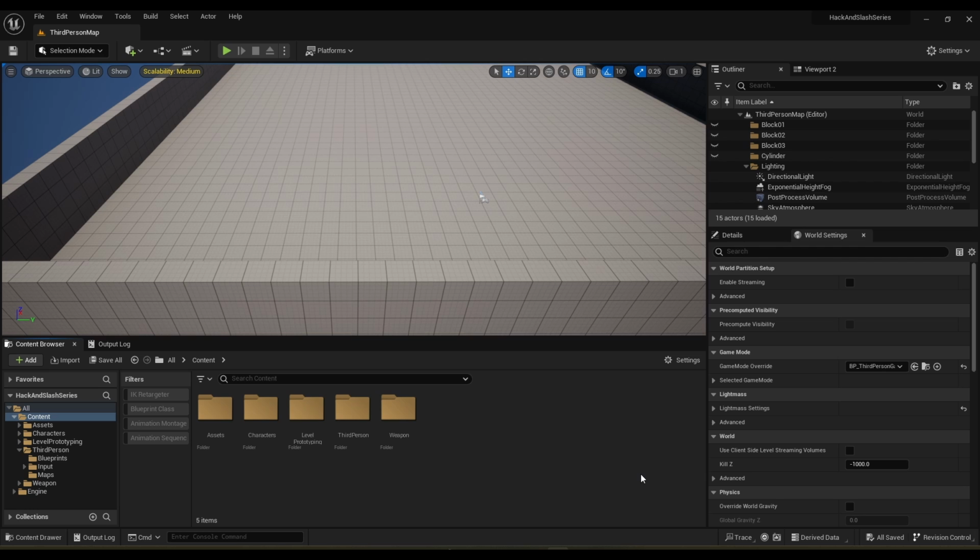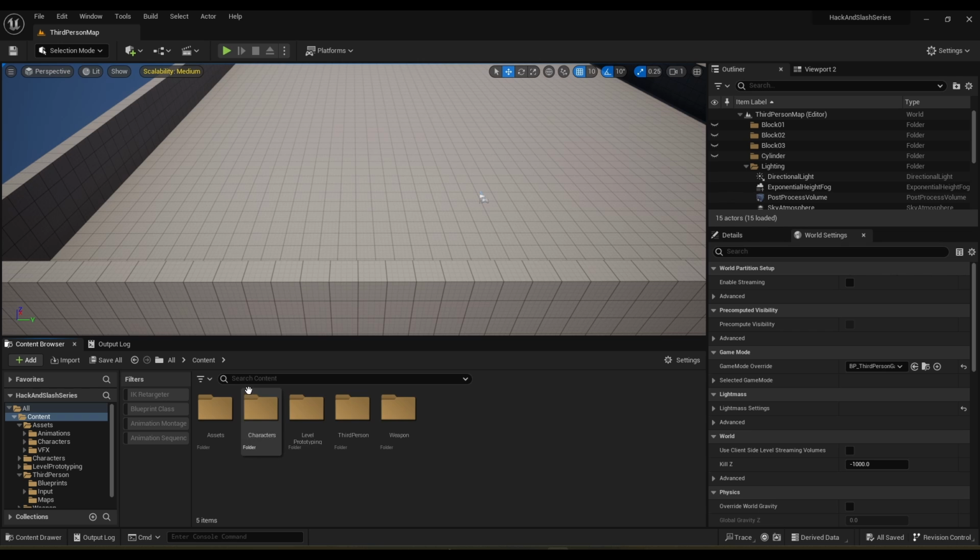So I have a third-person project opened up here running on Unreal Engine 5.2. I went ahead and uploaded all of the assets that we'll be using throughout this series. We may use all, if not most, of the animations, but regardless, if you have your own animations, please feel free to use them. Paid or not, this entire system will be coded to fit any type of system or